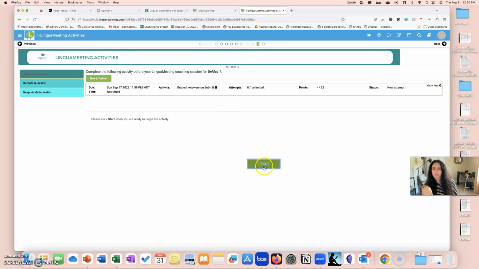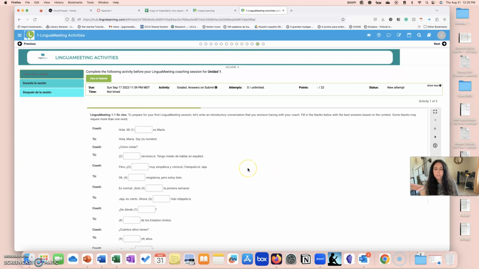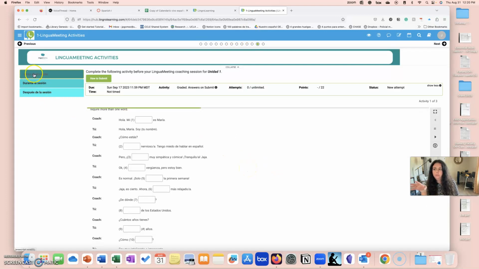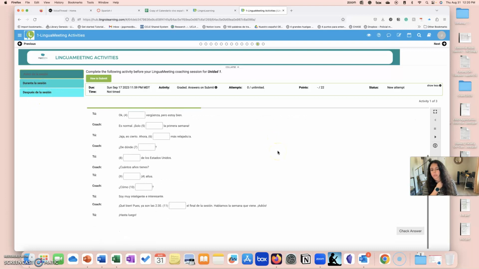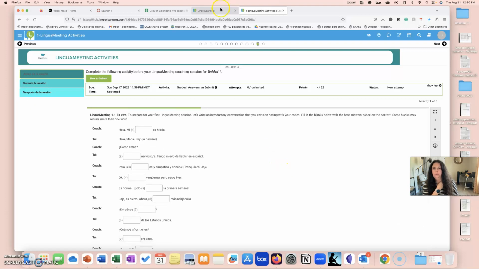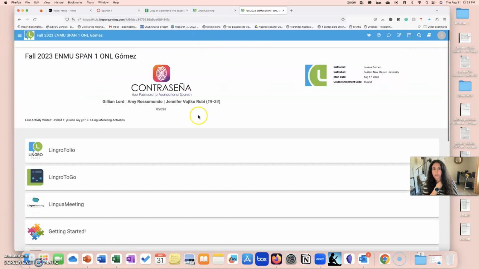I recommend that you do these activities before the session, like it says here, before the session, durante la sesión, and después de la sesión, okay? So just make sure that you do it before you have your meeting with Lingua Meeting. And then all the activities are due, like I say, Sunday.